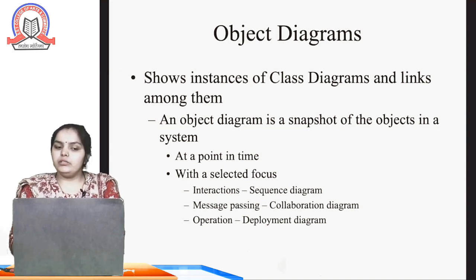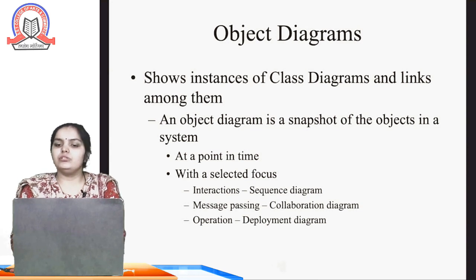At a point in time we can show the object relation with the class, and with a selected focus we can show the interaction, which is the sequence diagram, message passing, the collaboration diagram, and the deployment diagram. These are different focuses on your project. We can use these diagrams to describe your overall software project.